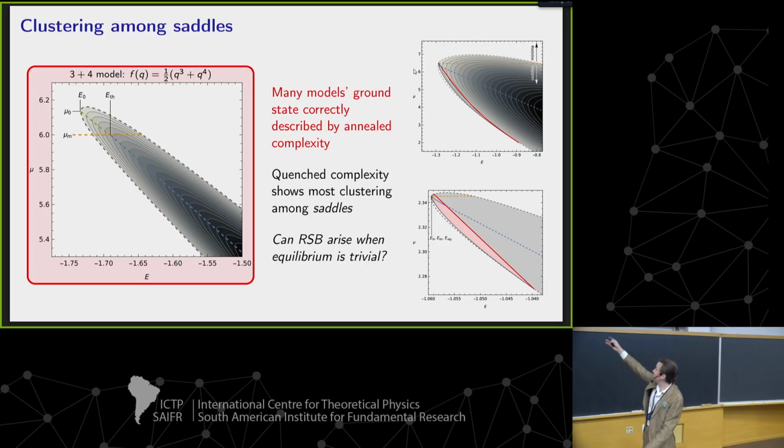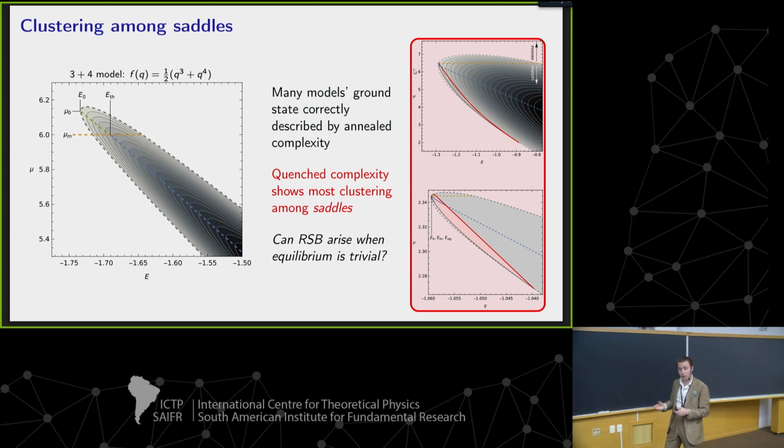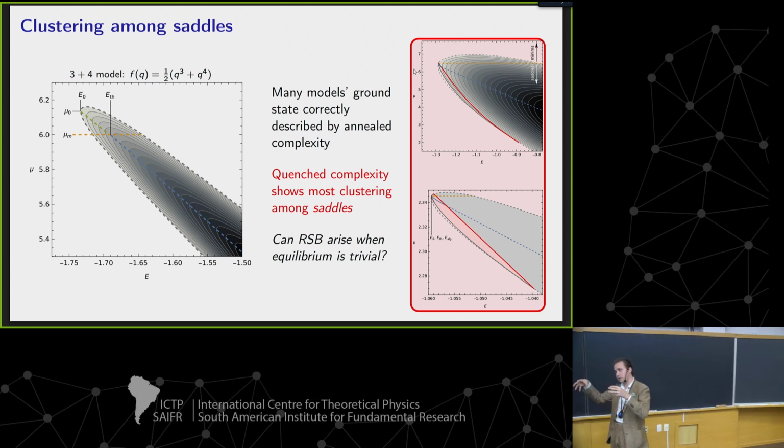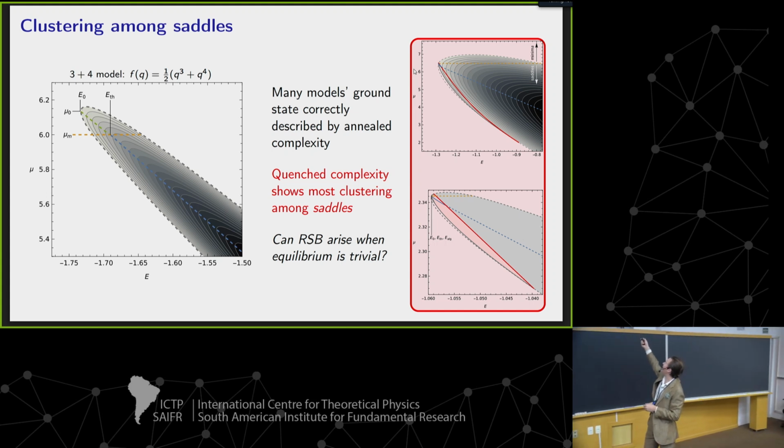So this is our model, our 3+4 model, the picture I showed you, which already has this property that the threshold isn't the attractor of dynamics at either bound, and there's a range of energies you approach. But we notice from our quenched calculations that the range of stationary points that have non-trivial replica symmetry breaking structure, non-trivial clustering, physically, that really corresponds to clustering correlations among the stationary points. These are mostly among saddle points, right? Below the yellow line are all saddle points.